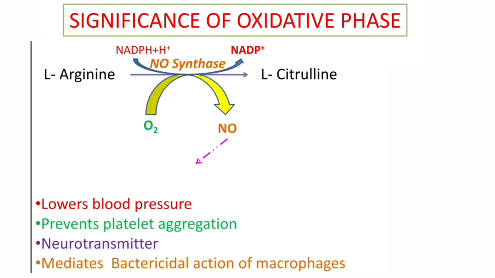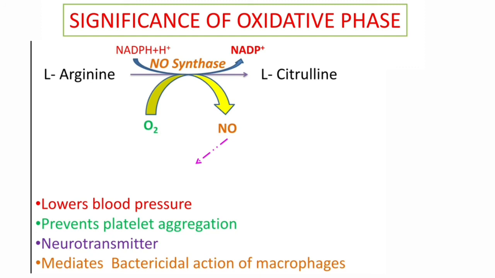nitric oxide. So arginine is converted into citrulline. This reaction is catalyzed by nitric oxide synthase, where NADPH is required. So this nitric oxide has various biological effects. Nitric oxide acts as a vasodilator, prevents platelet aggregation, functions as neurotransmitter, and also mediates the bactericidal action of